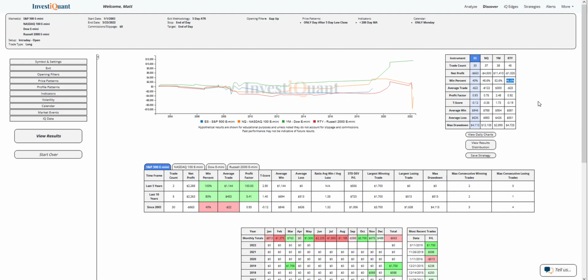If we take a look at the average moves, for the S&P, the average win is larger than the average loss. For the NASDAQ, it's the larger loss there on average. And then for the Dow, average win larger. For the Russell, they're pretty similar in size. So we're pretty mixed here on average moves, not seeing one side or the other standing out. And if we look at the win rates, other than the S&P, they're pretty neutral. So not seeing a real strong bias in this